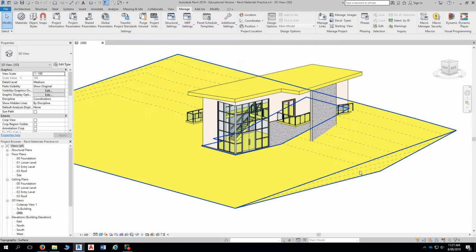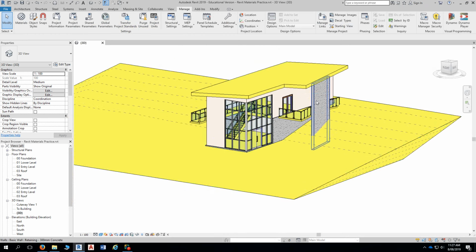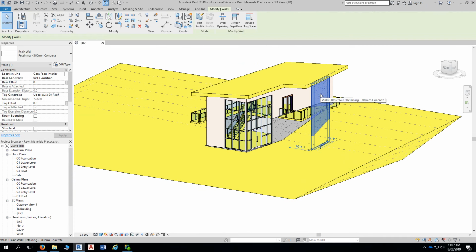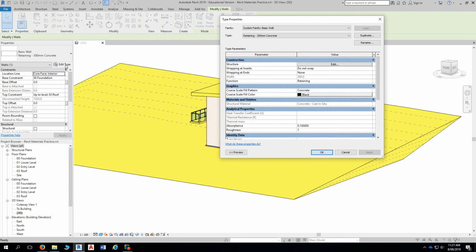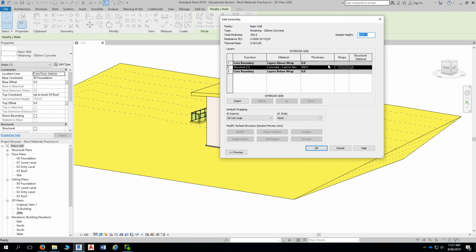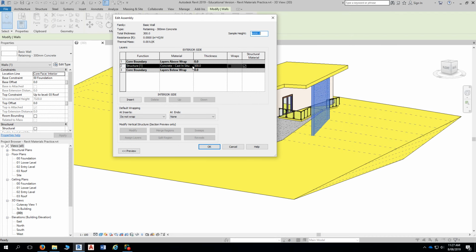Now, getting back to our Revit project, why are some of these objects not yellow? Well, having a look at this retaining wall here, for instance, if I go into its type properties, and its structure, you'll see that it has a material assigned to it through its type properties. Now, if an element or an object has a material assigned to it, and you want to remove that assignment from that object,